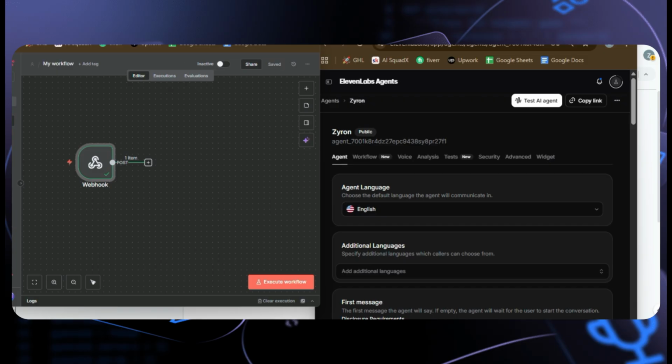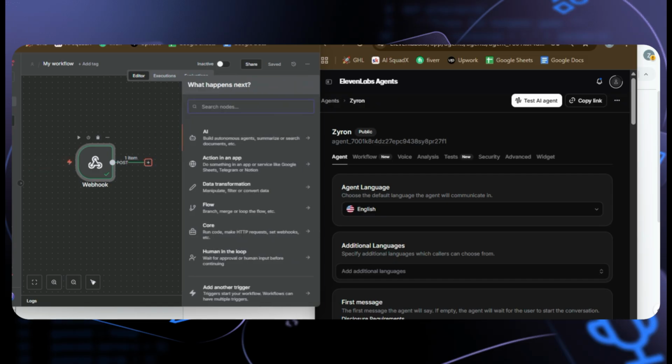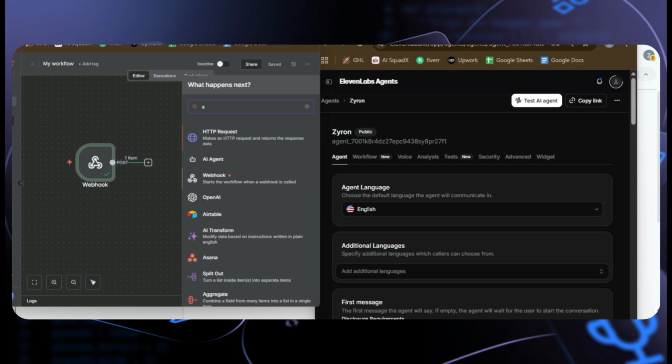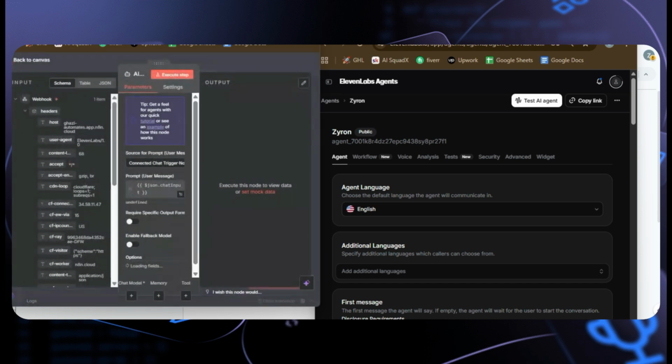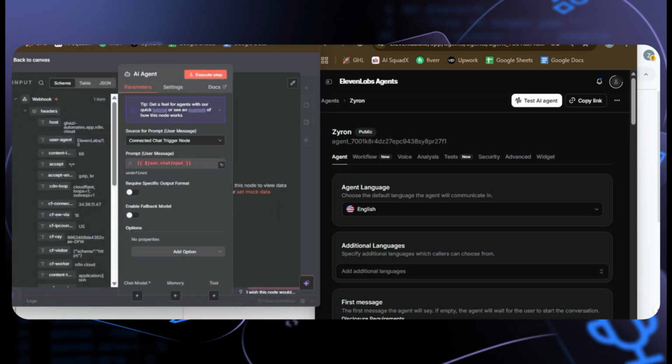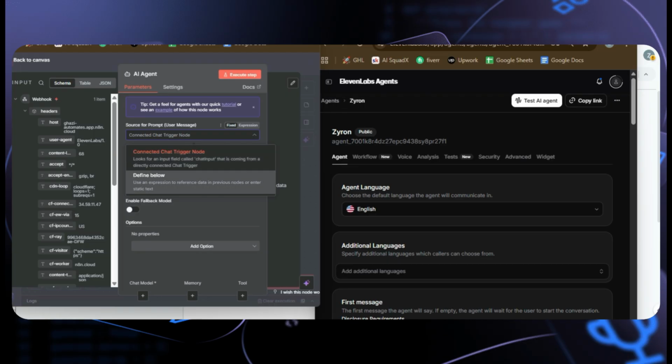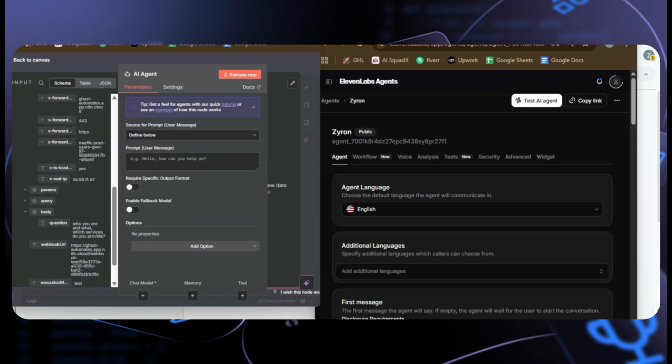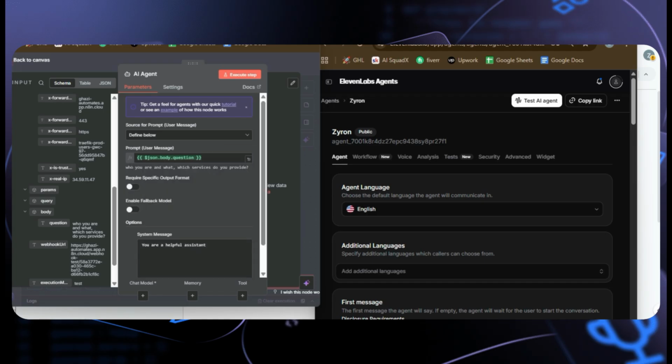I had not saved the workflow. So I will add an AI agent node, and here I will define below, and we will give the question, and I will also add my system prompt.